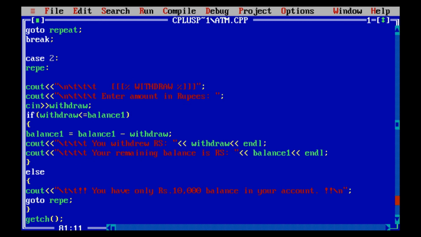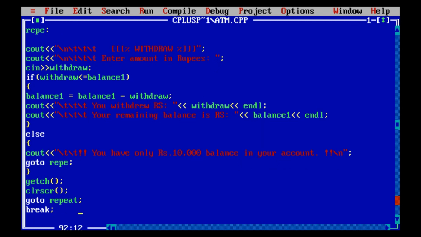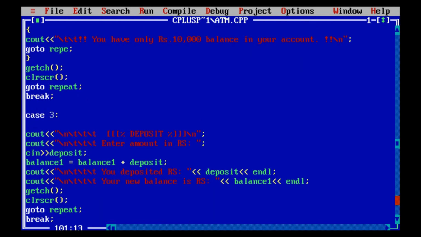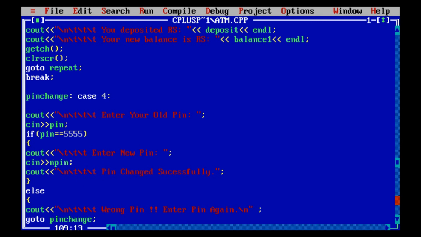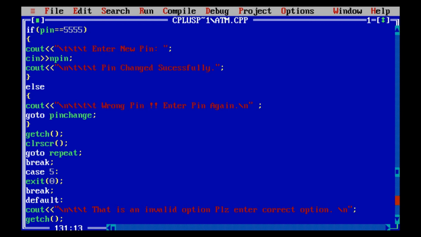For that only I have used it over here, that is repeat. And again here it is go to repeat for the main menu. In case 3 you can deposit, means you can change the conditions from here if you want. Case 4 was to change the pin, and case 5 was to exit from this code.